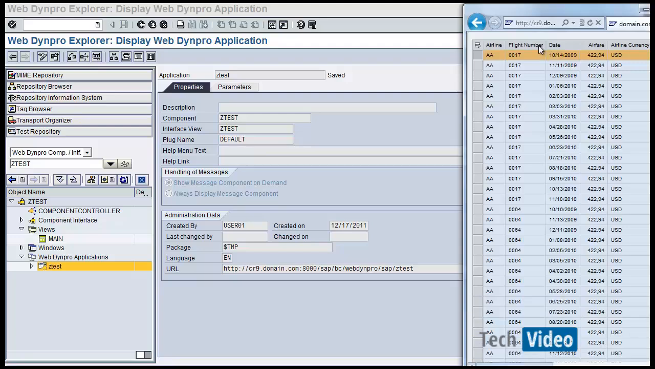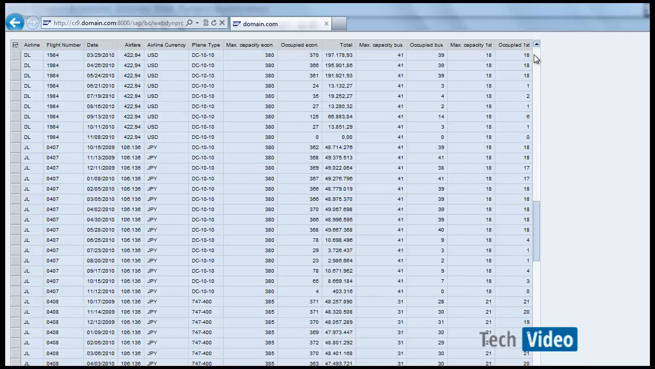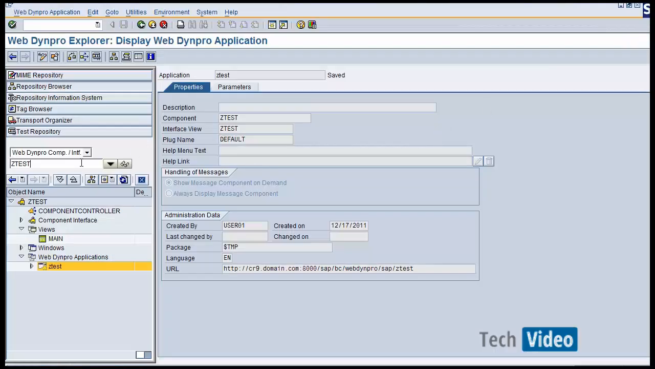So here is the application which you are looking at. Here it's basically showing all the flight details in a table which we are seeing over here. So if you look at the UI, it's not as good as what we see in the BSPs. And when we go back to the BSP component which we were looking at,